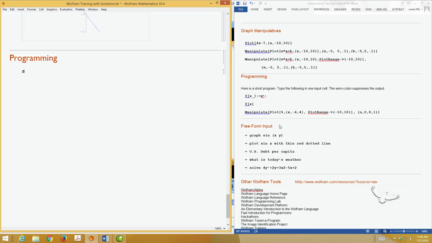So let's identify the function f of x underscore colon equals x. Remember, control 6 gives you the exponent n. The semicolon just means to suppress the output. And then f of x, press enter, and then manipulate a plot,